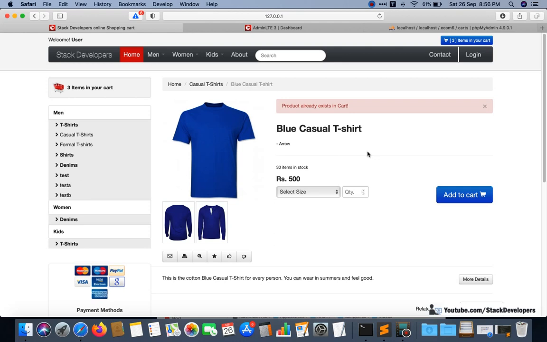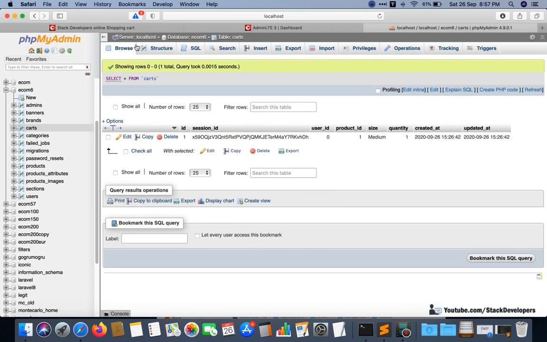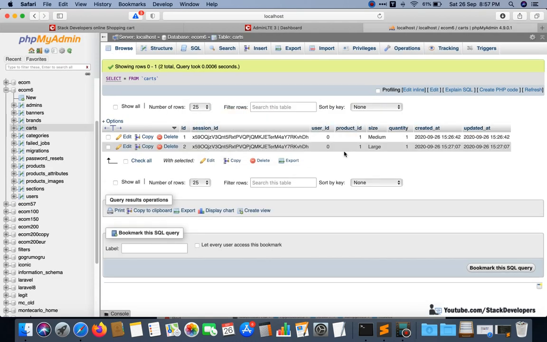So now you have seen all the checks are coming correctly. And finally if you add large with one quantity, then the product has been added in card, and you can check in the card table that two of the items have been added with the session ID as well.